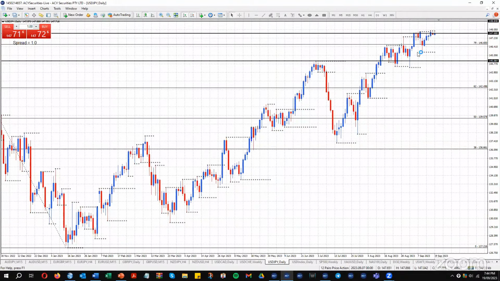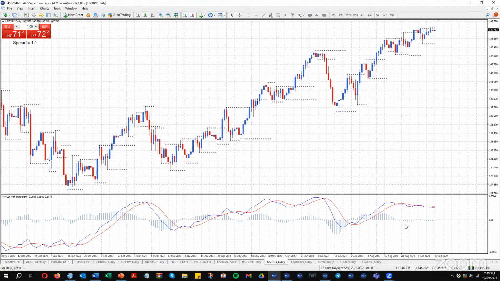And this price structure on the day chart is holding to the upside. We have higher top, higher bottom. But I think I mentioned this last week, looking at the day chart with the MACD on, there's a possibility of some negative divergence here. Whilst price is making higher bottoms and higher tops, this MACD has separated a little bit to the downside. So I'm a bit concerned that we're at very high levels and we could maybe see a top out up here. So I will just be watching for a top out at the moment on the dollar yen,